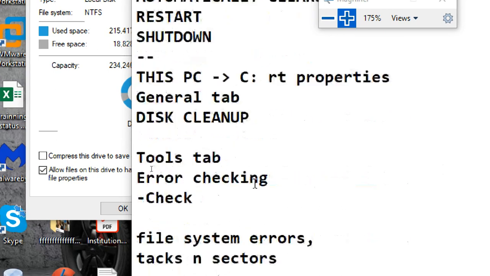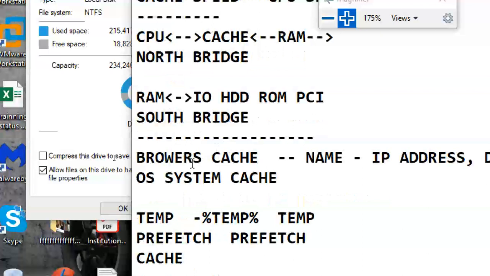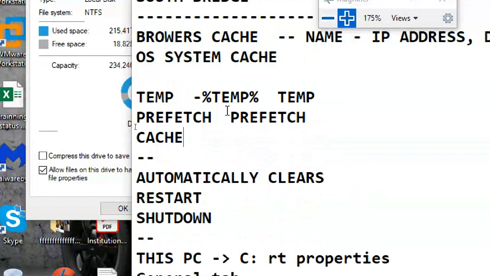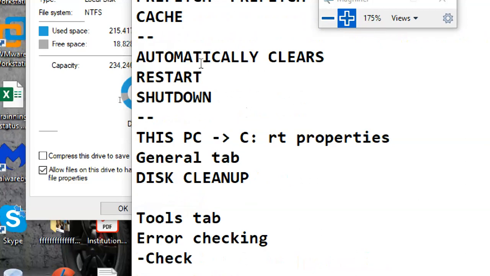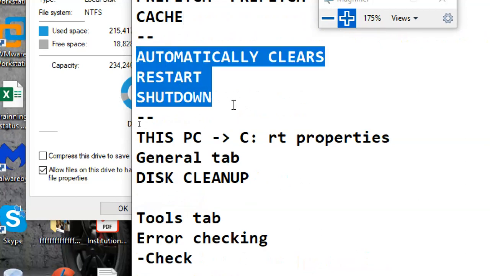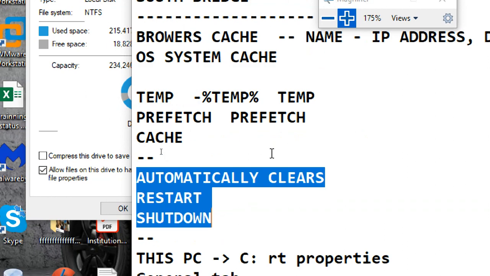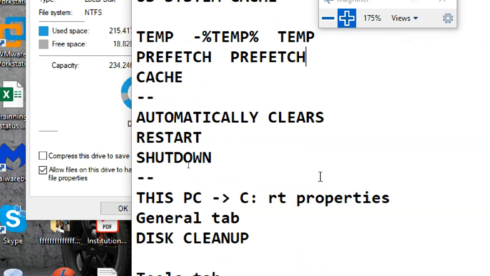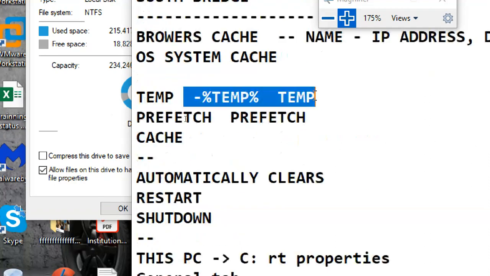So already I told you one thing: clearing up these cache memories is helpful. Another one is, usually if you are shutting down or restarting your PC, these cache memories and temporary things, prefetch things, should be cleared. If it is not cleared, then you have to clear it manually like this.